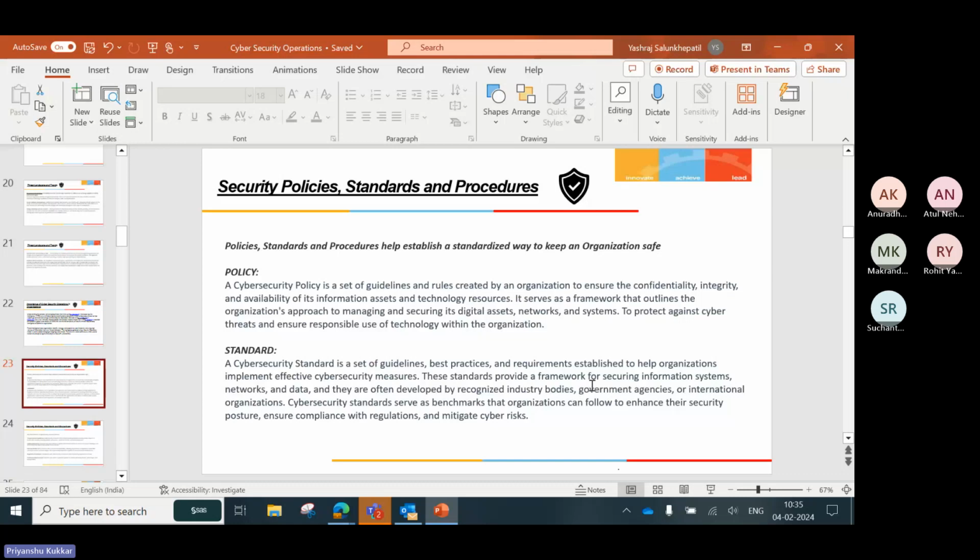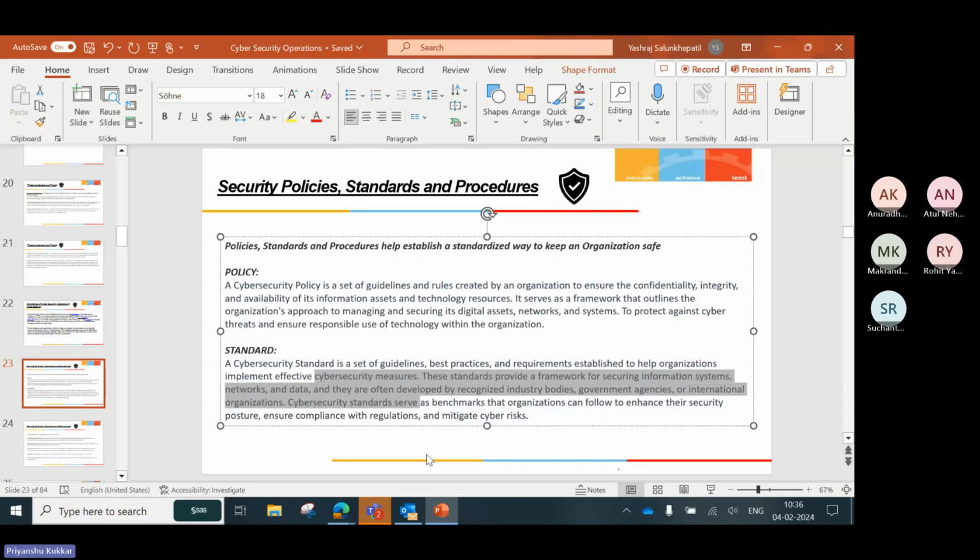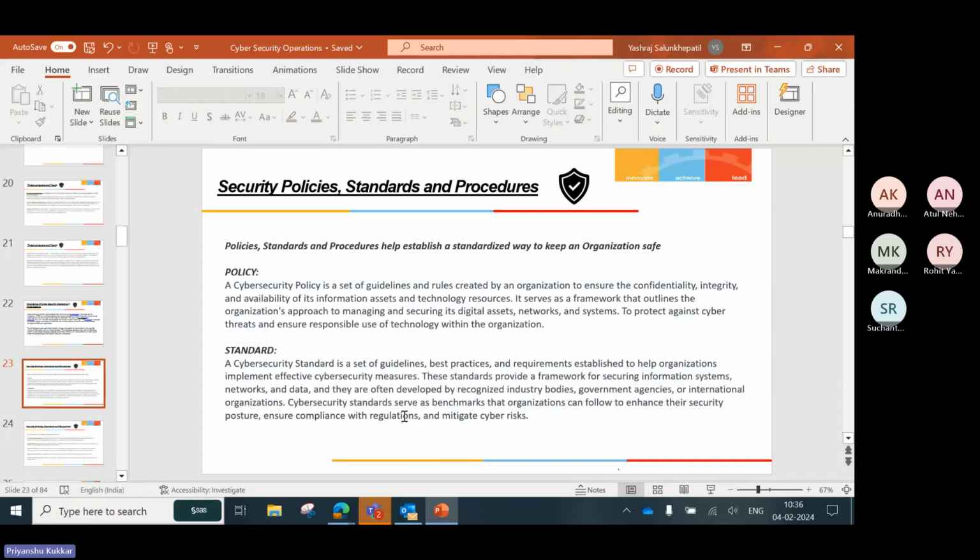ठीक है, या फिर एक गवर्नमेंट आके कह सकती है कि आप कंप्लायंट नहीं हो, प्लीज चेंज इट। No, you cannot keep data on this server, you need to keep it on Linux server, you cannot keep it on Windows server, you need to keep it on a Linux server, so please do so। ठीक है, so that is where these industry bodies, government agencies, and international organizations come into place। ठीक है, another thing for us IT people, the big four is a good example of how this would be set and how the contracts go, how the businesses go।